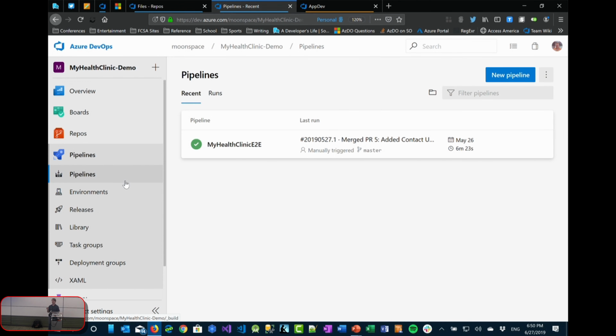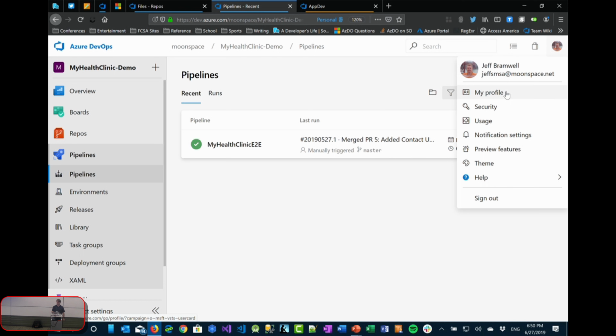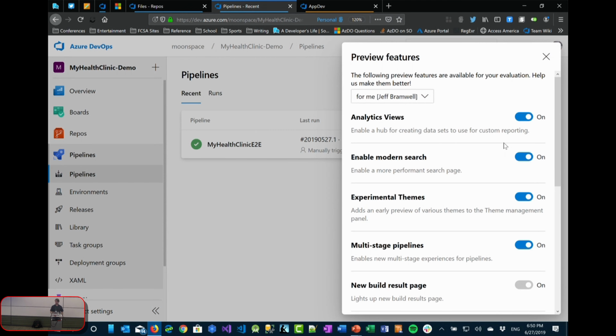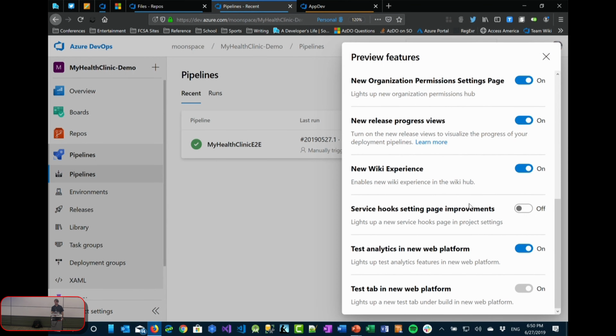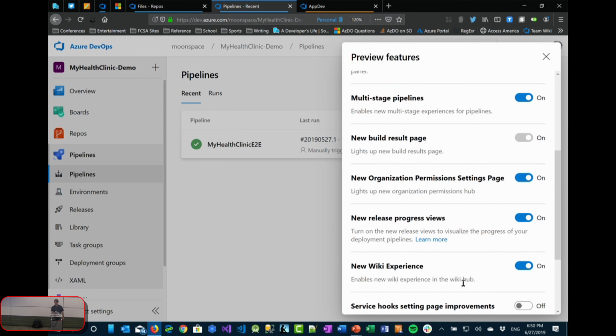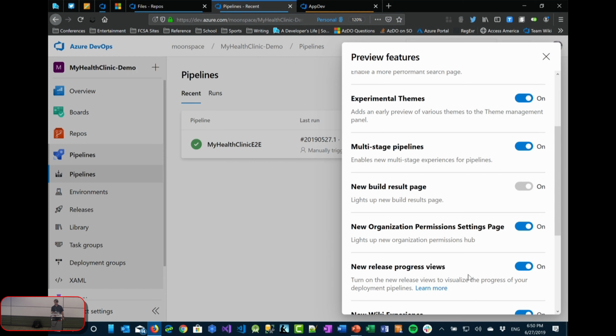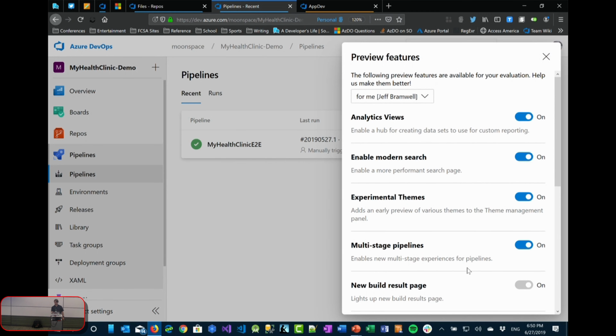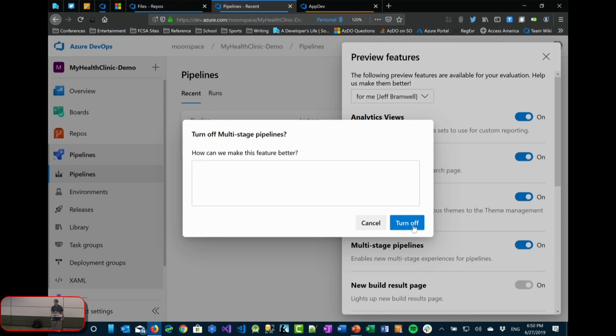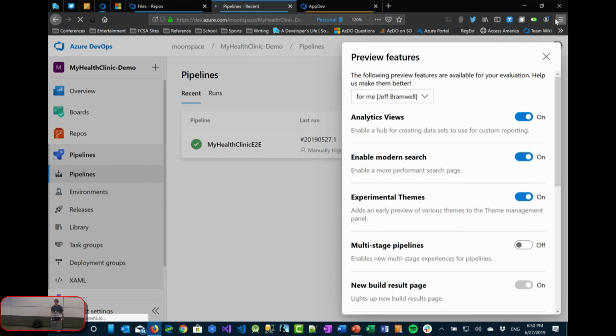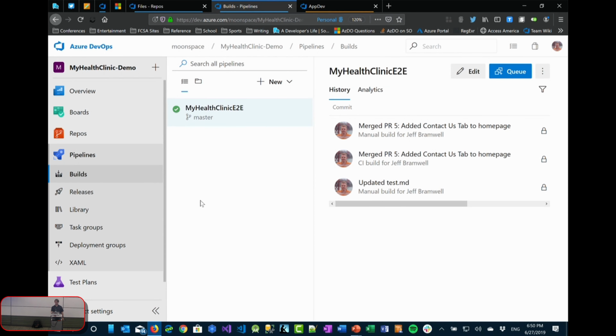I'm going to look at something real quick because I'm not familiar with this new layout. If I go into preview features, I don't know if you've played with this part of Azure DevOps much at all, but Microsoft likes to put things out for preview, and when they do, they show up in this preview features, and you can turn things on and off in here, for example. And so what I'm looking for now is to see if there is a preview feature around releases and pipelines, and I'm wondering if it might be this multi-stage pipeline. I'm not sure if that's it or not, but we're going to find out. Otherwise, yay, that was it.